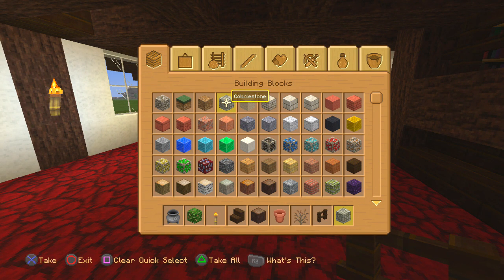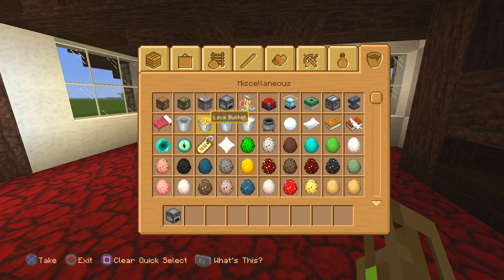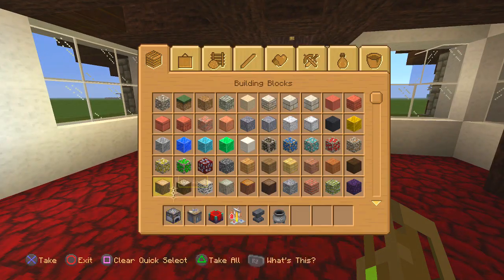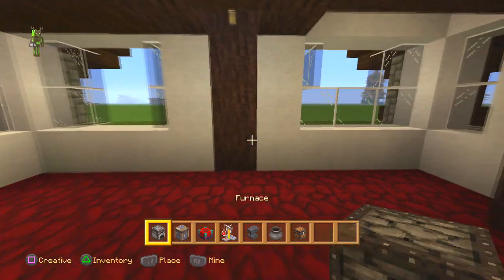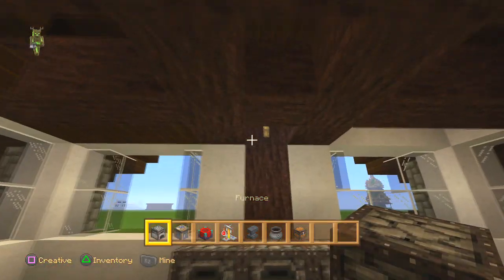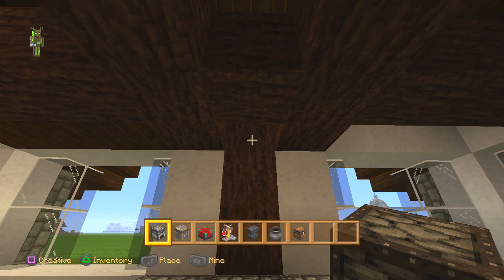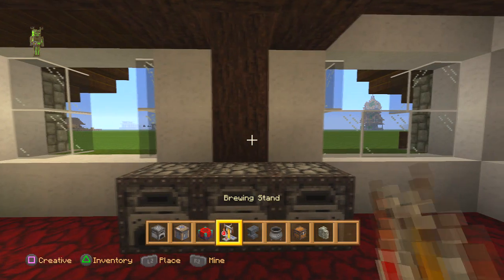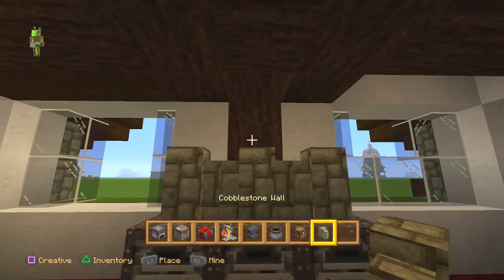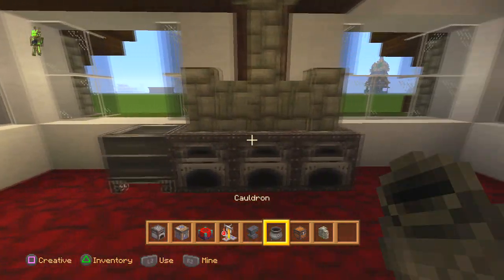So I'm thinking some cobblestone. Well, let's have a look. Let's get our crafting table out and stuff like that. Get some storage. Right, okay. Let's see what we can do. So I'm thinking a 3 cooker here, and that. We can even have an anvil up there. So what I'd like to do is try to get the cobblestone here. I think we'd do the 3 there, 1 going up into there. We get the cauldrons, like,